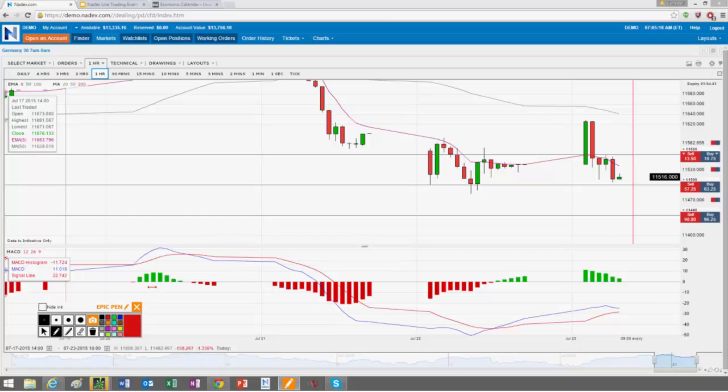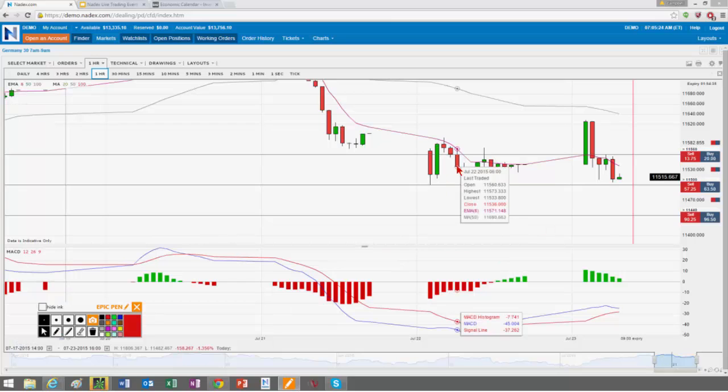Yesterday right there, that was the 7 a.m. hourly candlestick. The rules for this strategy are basically the 7 a.m. hourly candlestick controls the 8 o'clock hourly candlestick,